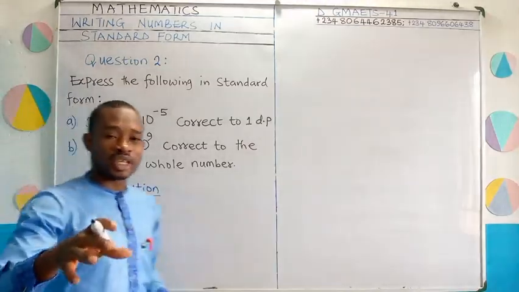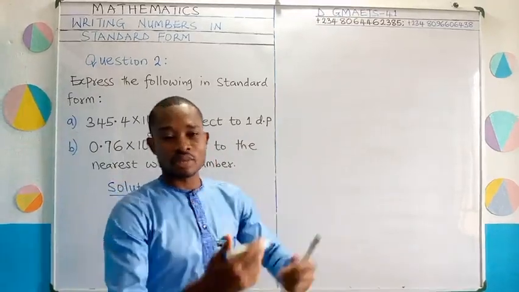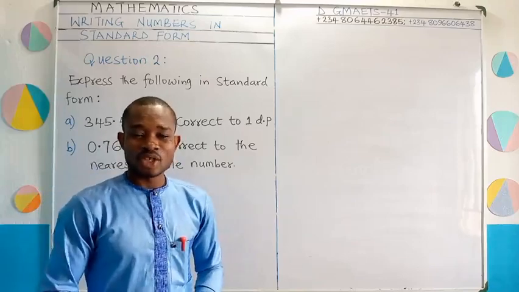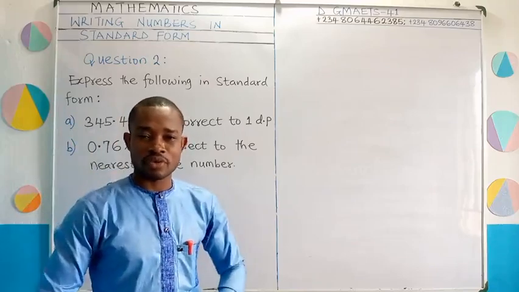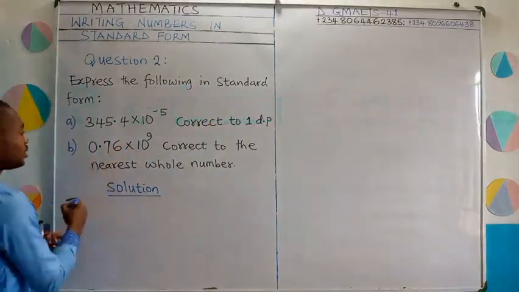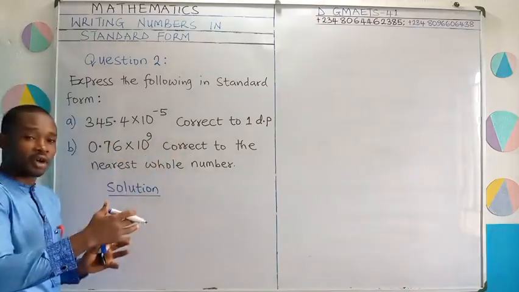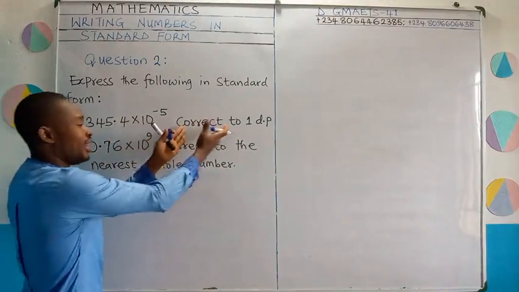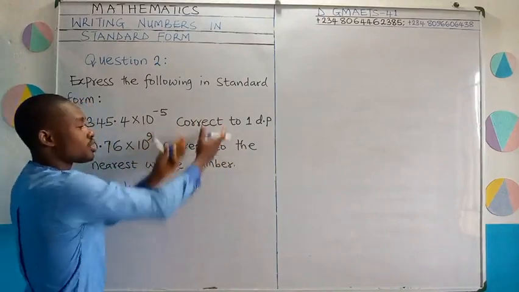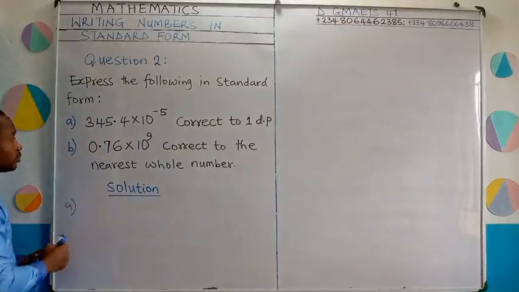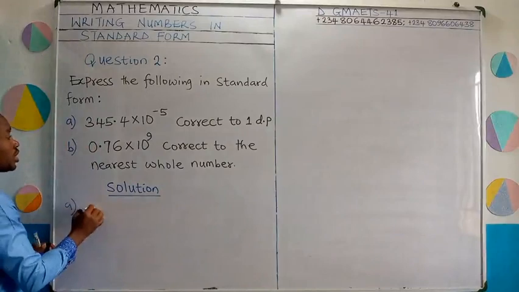I've taught you the concept of getting answers in decimal places and maybe in whole number. I told you that it is one of the secret foundations of mathematics, rounding off. So we are going to apply the knowledge of writing a number in standard form, after which whatever answer we get, we'll now work it out in the number of decimal places they asked us to work it out in. Alright, so question A, I have